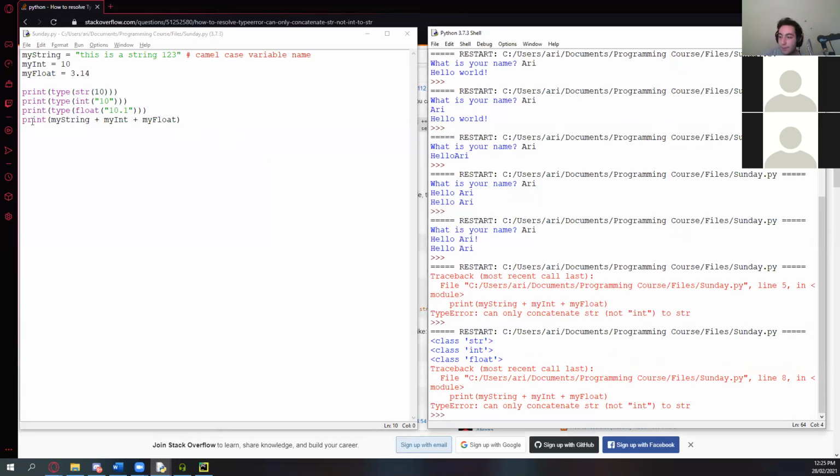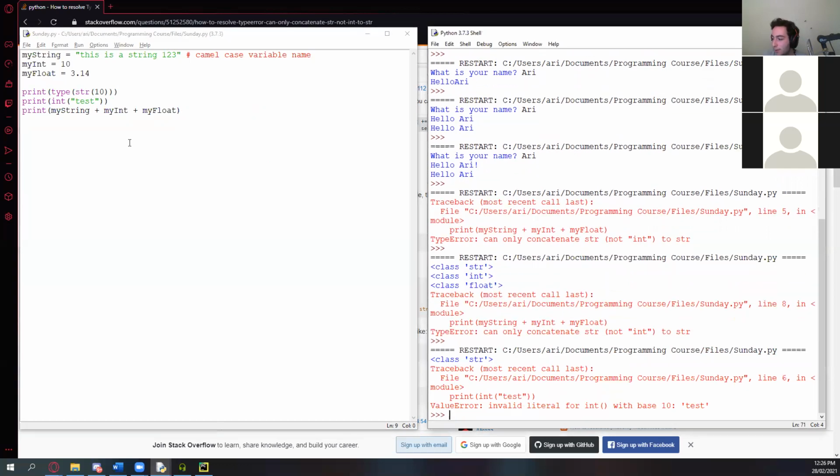So ignore the error because I haven't fixed the line, but you'll see that it says the first line is a string, the second line is an integer, and the third line is a float. What happens if I try to convert something to an integer that isn't an integer? Let's say I try to convert a string like test. Now we can obviously tell that test itself is not a number. And I kind of just gave the answer away by mistake. But when we print it,